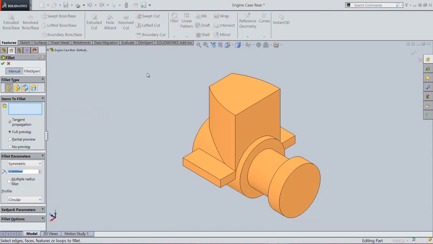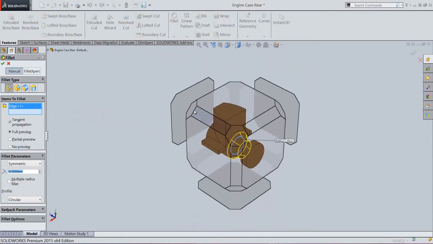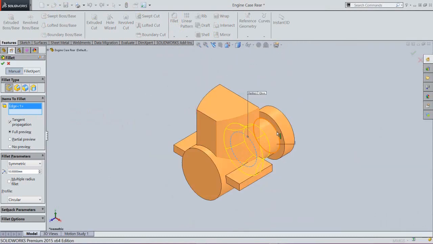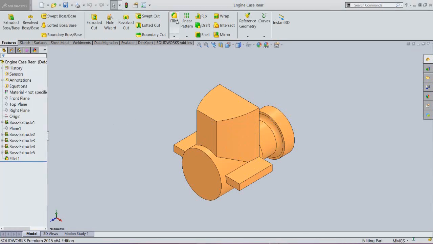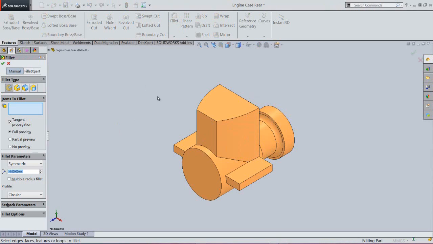Now we will activate the fillet command. Select this edge. OK. Select this edge and set the radius value 2 mm. OK, that's it. Apply another fillet on this edge.